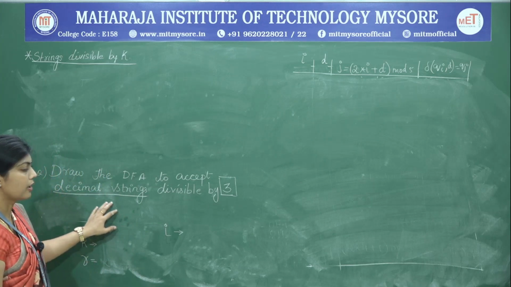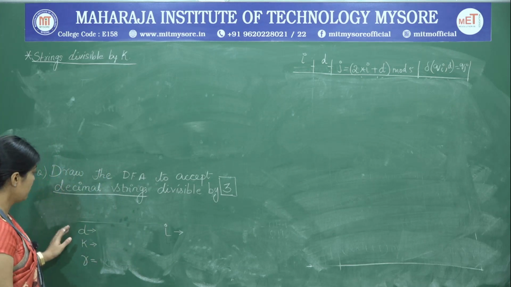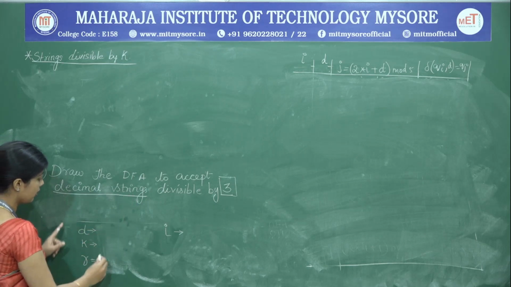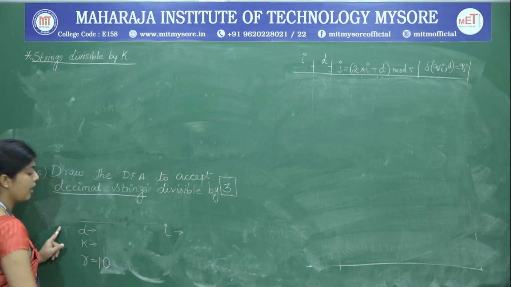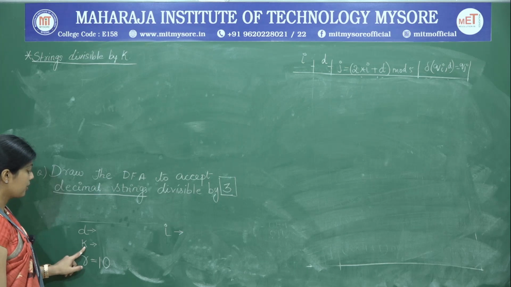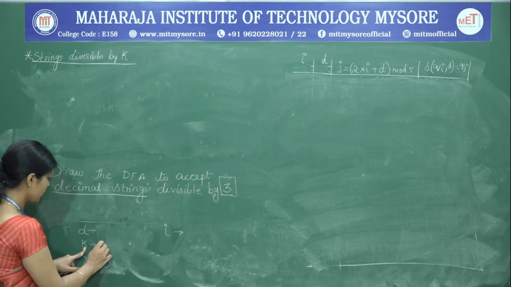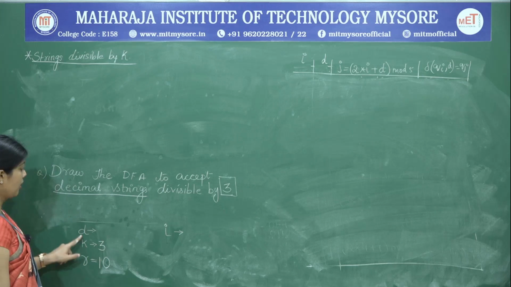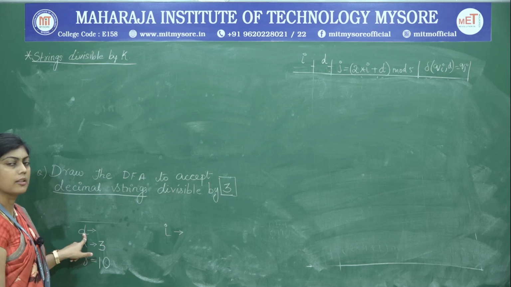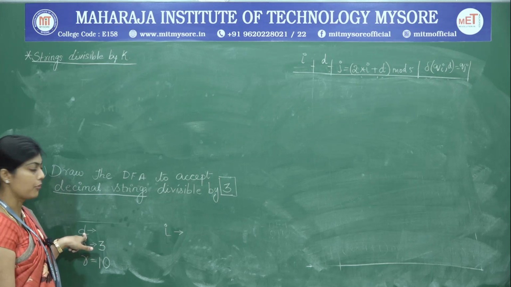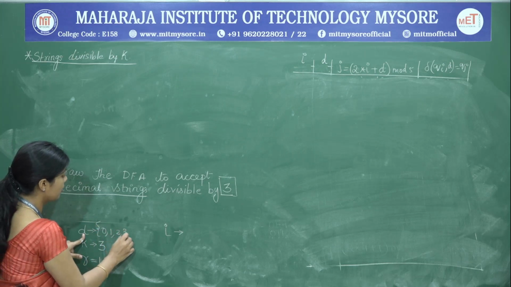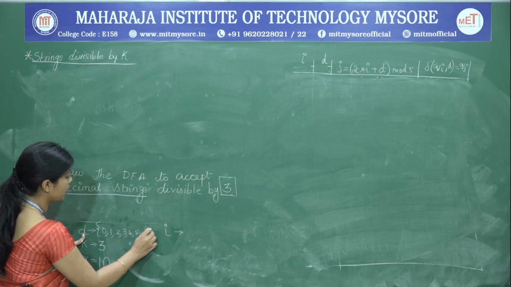We will formulate the several things that are necessary to solve the problem. First thing is to find out the radix. Decimal strings are base 10 numbers, so the value is going to be 10 for R. Next, we have to know the divisor. The divisor in this case is 3. Next, we have to determine D, that is nothing but the digits or the symbols the string is made up of. Therefore, the digits are 0, 1, 2, 3, 4, 5 up to 9.